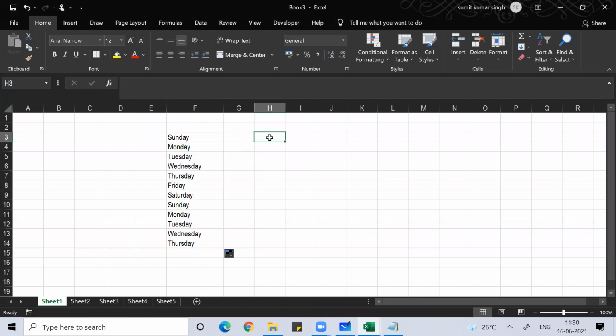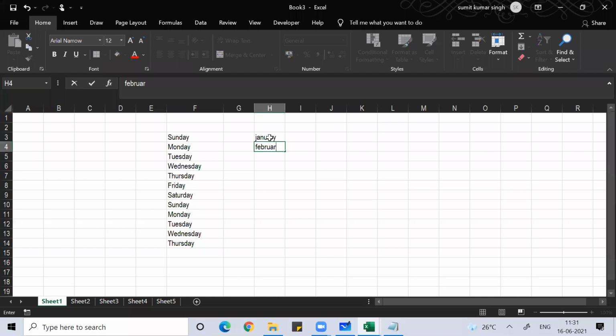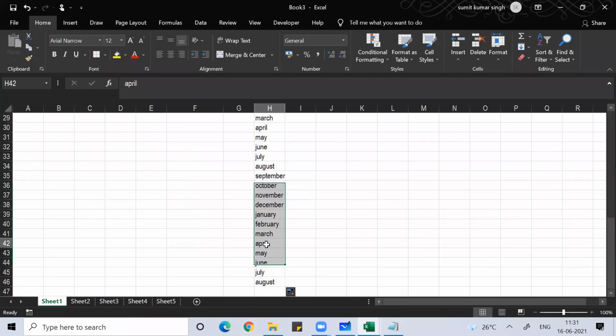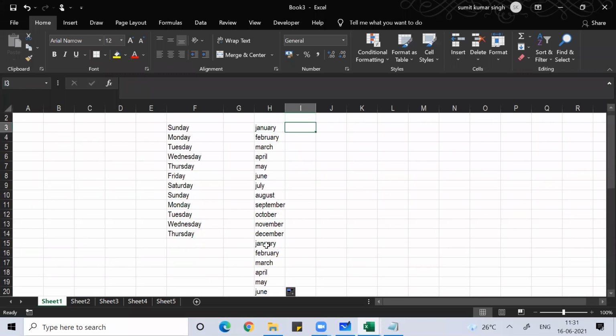You can write January, February, then the dot sign comes, drag it. 1, 2, 3, select it, drag it.